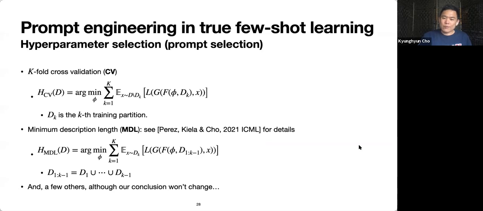So how do we actually select the hyperparameters when we have only a small number of examples? We just go back to very classical machine learning practices. One, we use k-fold cross-validation. And the second one, we try the minimum description length, which is relatively straightforward to compute, in particular because learning is nothing but just a forward pass through this large-scale language model. And then, we did test a few other things based on various intuitions and justifications. It turned out that none of those actually works that differently from either the k-fold cross-validation or minimum description length.